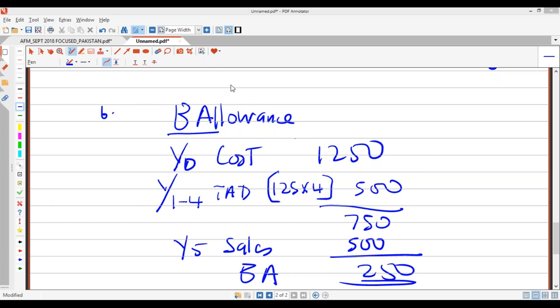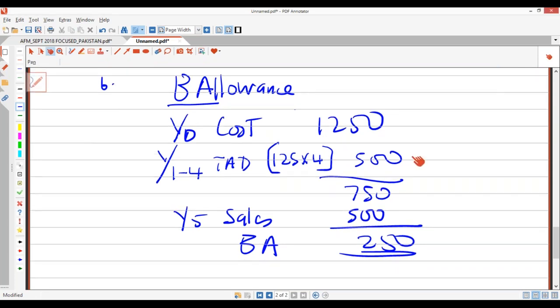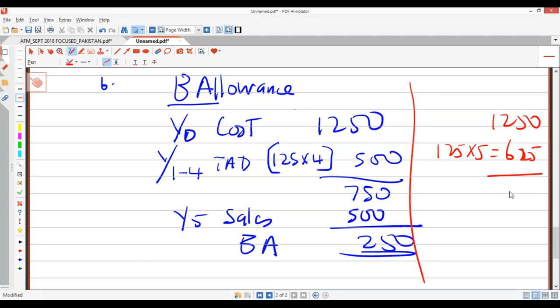So there's a question saying explain the depreciation effect on balancing charge. When there is a depreciation for 4 years, then your balancing charge will be the remainder. Some of them say, I want to calculate depreciation for year 5. Accounting is different. No problem, you want to calculate, 125 times 5, you're going to get 625. Then you go 1250, you're going to get here 625, and you're going to get 500 here.